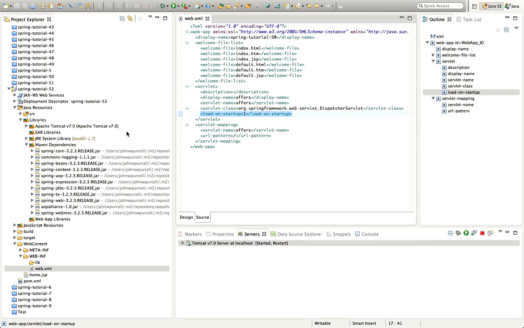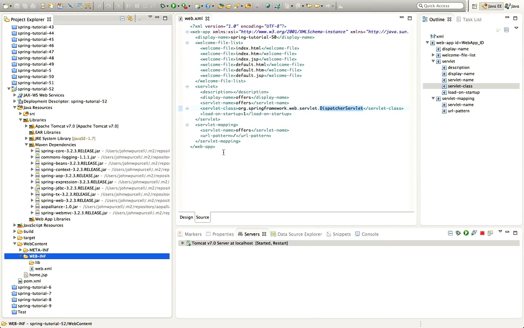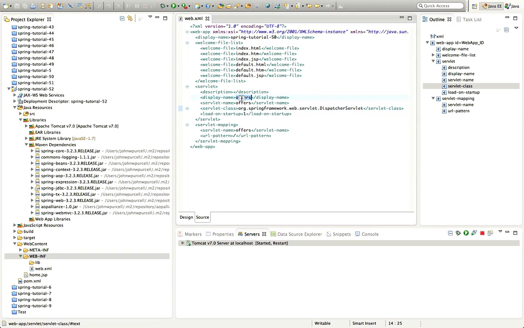And now, well, there's no point running the project again because we've got a bit more to do. There's one last thing I'm going to do here though. This being a Spring servlet, like Spring in general, it wants to load some XML containing beans. It wants to load the context. And it's going to load it from a kind of pre-configured location. It's going to load it from the WEB-INF directory, and the name of the XML containing our beans to load is going to be whatever name you put here,